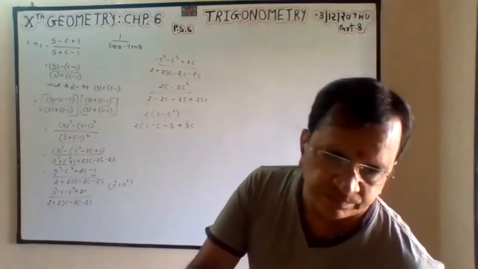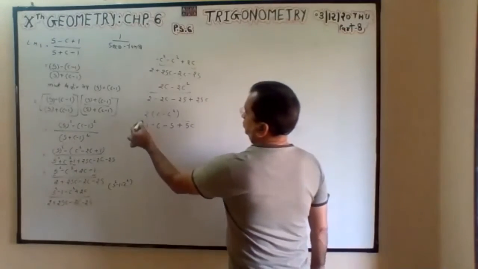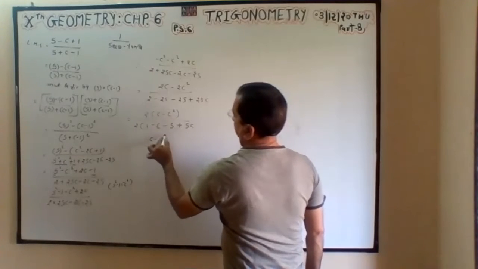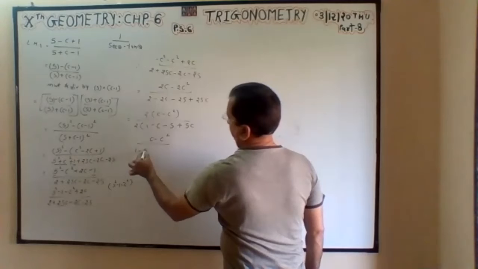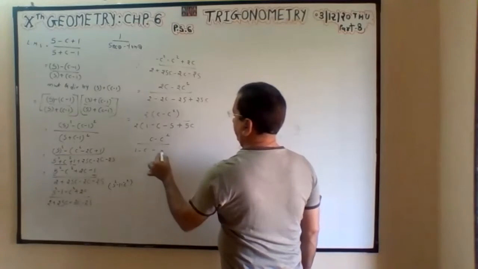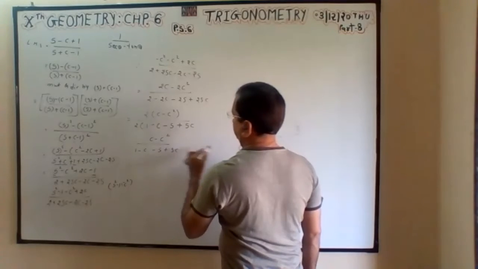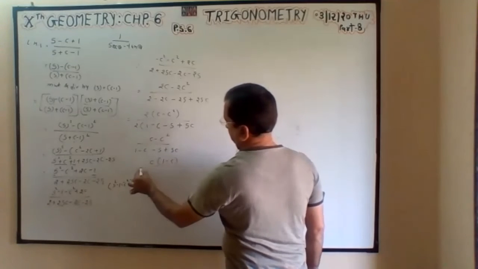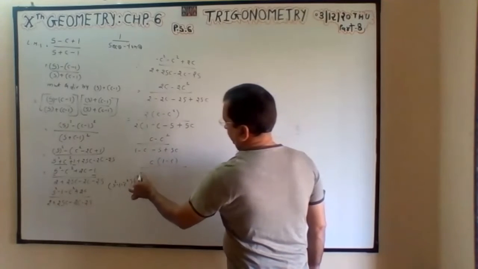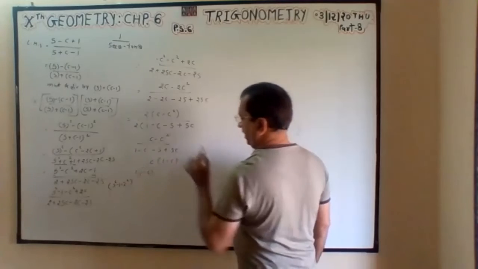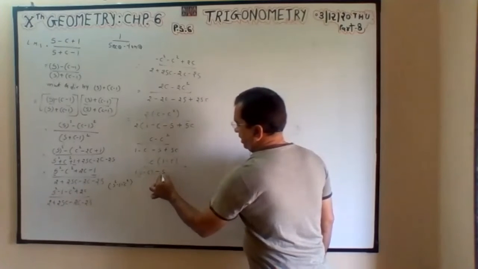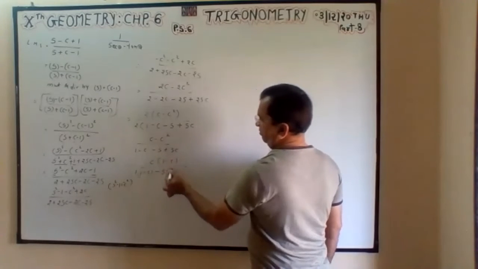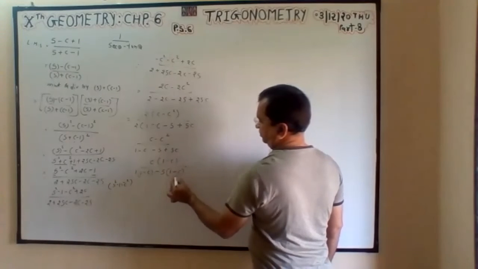Correct. Now 2 cancel. C minus c square, 1 minus c minus s plus sc. From here take c only common, 1 minus c. From here 1 minus c, nothing is common, I am writing 1. Now take minus s common, only 1 remains. Minus minus plus, s gone, so c.